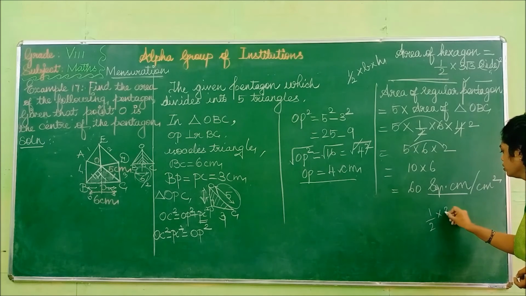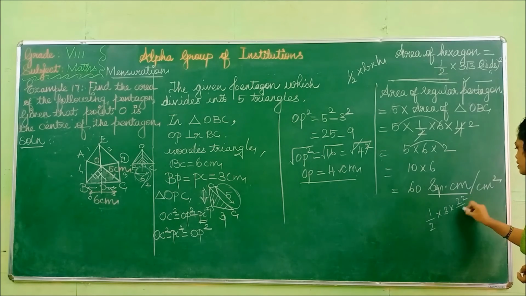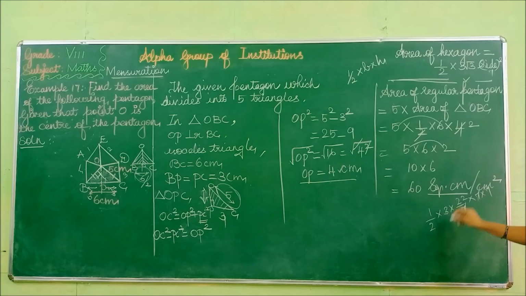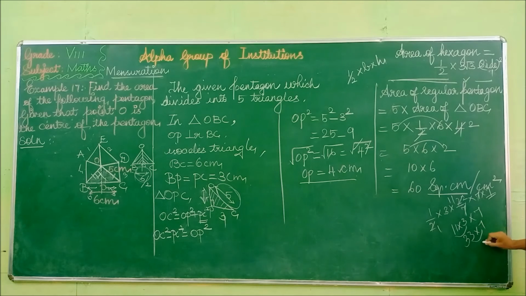1 by 2, 3 into root 3, taking root 3 as 22 by 7. And then if I give the side as 7 squared, that means 7 into 7. So 1 7 and 1 7 get cancelled. The remaining values can cancel this one. 1 time, 11 time. So multiply those. 11 into 3 into the remaining value 7. 11 into 3 is 33. 33 into 7. 3 7s are 21. Balance 2. 3 into 7, 21, 231. So the unit for area is square. If I give centimeter, you can mention square centimeter, or if meter, you can mention it as square meter.